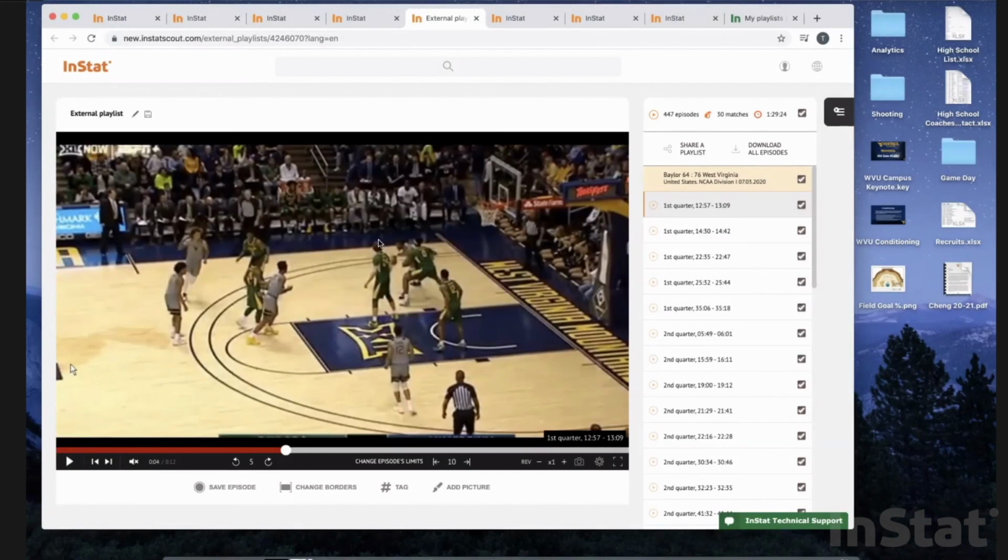You could have caught the ball in the paint right here. You could have faked this way. You have to make sure you catch and look. Maybe this guy's going to dive. Maybe this guy's cutting behind. There's just so many more options that you can actually put on the film, because you can't always bring in your players and sit down with them and watch every single game with them,